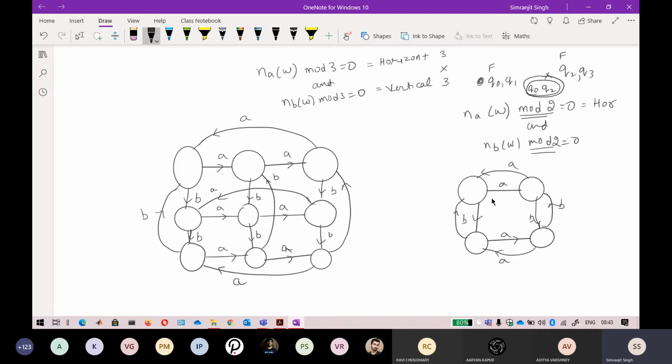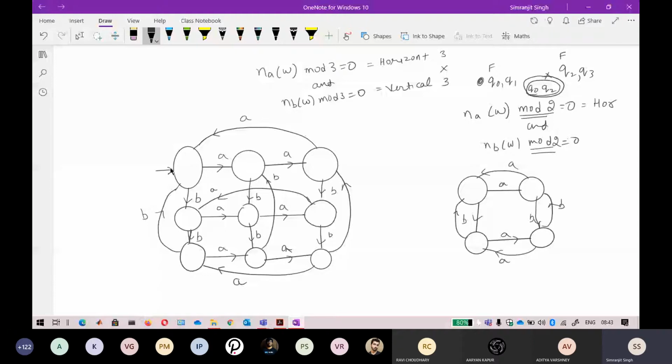So just go with this, that I will start with this one. First of all, because I have drawn this state first, I will assume that this is your initial state. You can assume any state as the initial state. Just select one initial state out of these four corners. It will always be the starting state from these four corners.